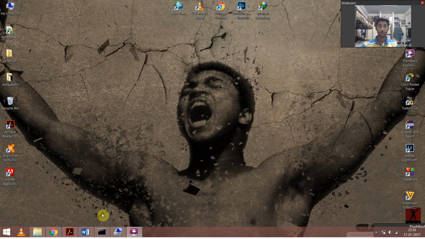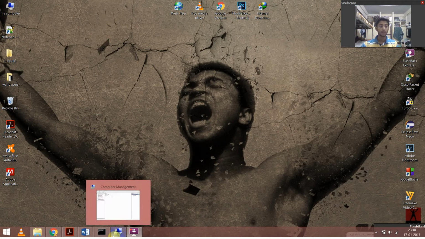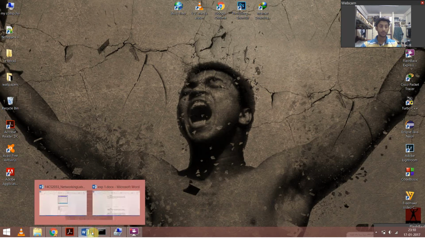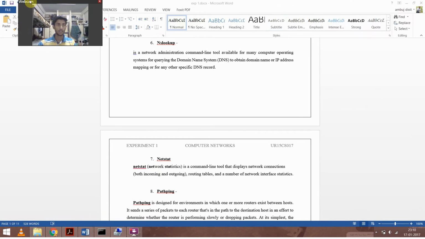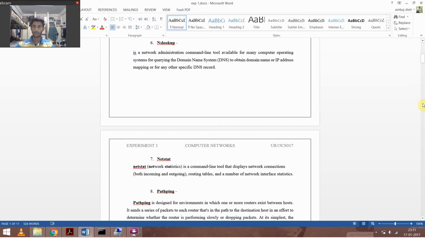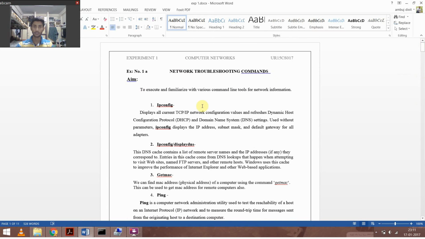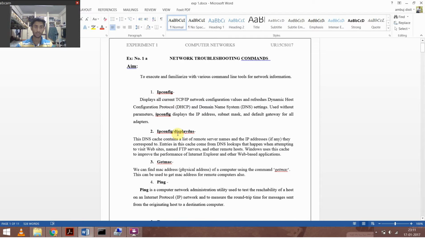My registration number is CS17 and today we are going to see experiment number 1 for computer networks, troubleshooting commands for computer networks. To execute the various commands, the first command is ipconfig. It displays all the TCP/IP configuration values and refreshes Dynamic Host Configuration Protocol and Domain Name